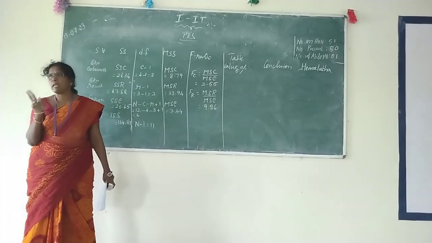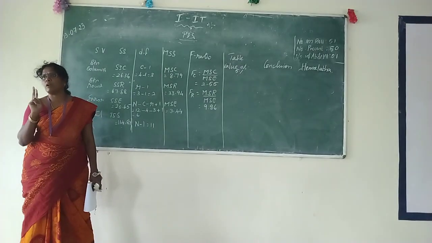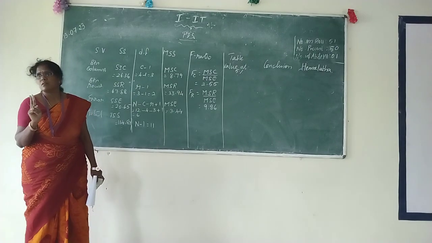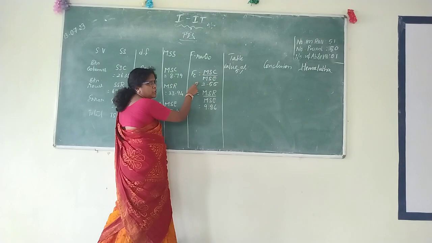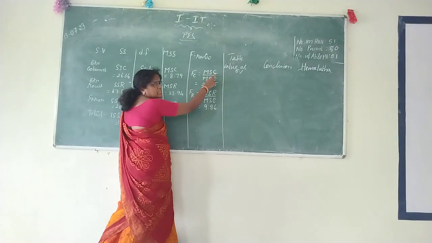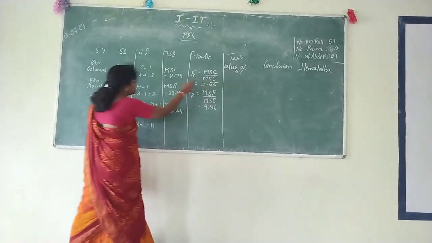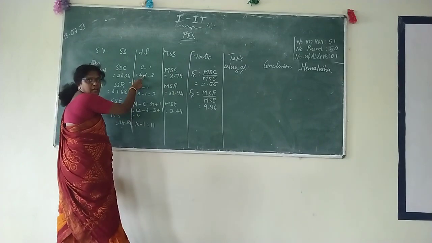Now we have to get two table values, one for column and one for row. So be careful there. This is our column data. Which are we taking in the numerator? C, then E. So for C, what is the degrees of freedom? 3. For E, what